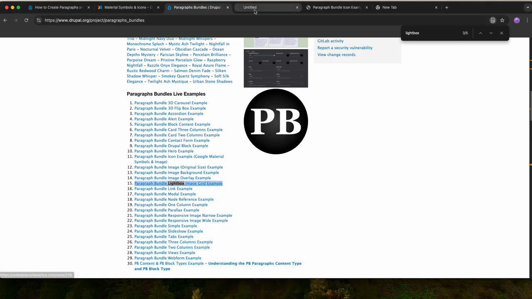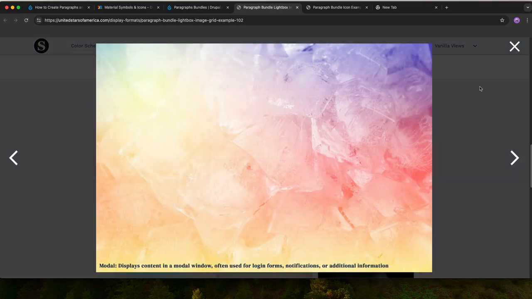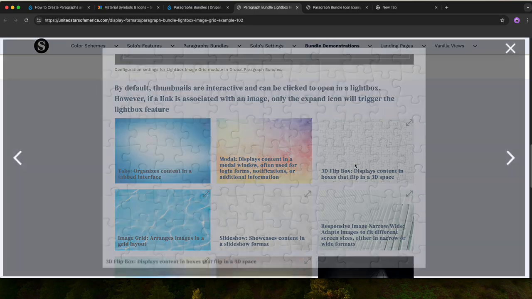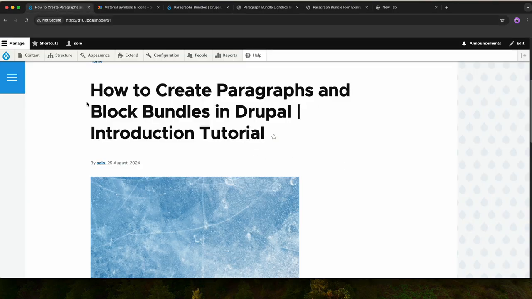If I open this one, so this is the demo we try to finish. You click, and at the same time you set the width, the min and max width for each grid. So to start, I have a local site. Let's go and enable this bundle